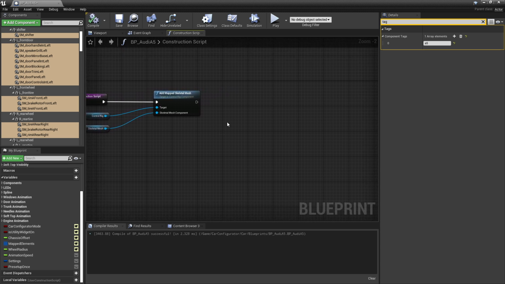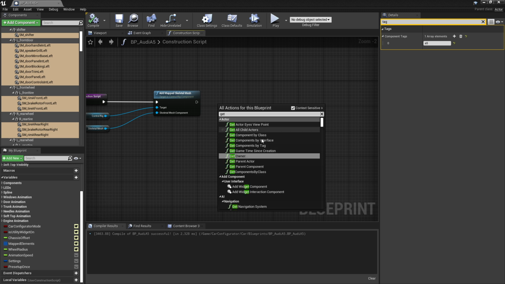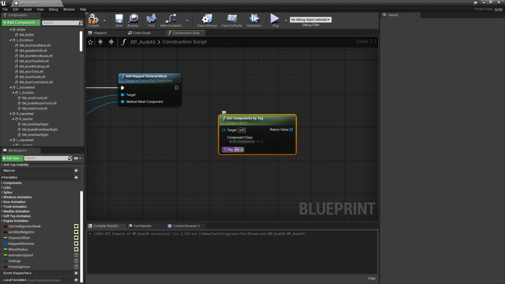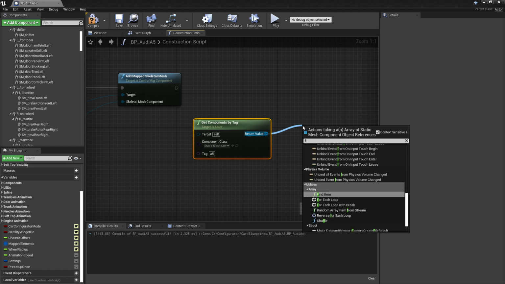Okay, next step is to right-click in the construction script and look for get all components by tag. We're going to set that tag name to be A5, and switch the component class to be a static mesh component. Now that we've done that, we're going to pull off the array and do a for each.